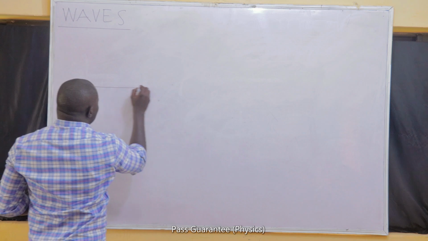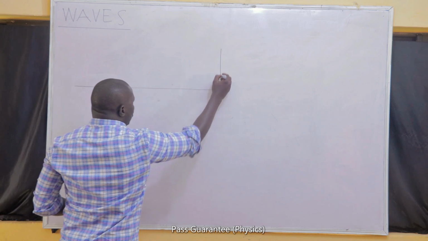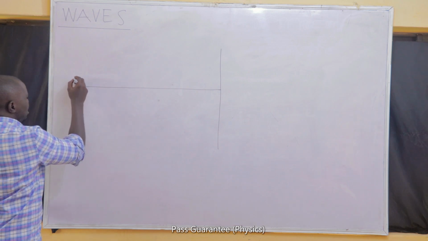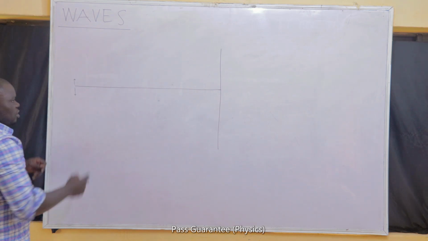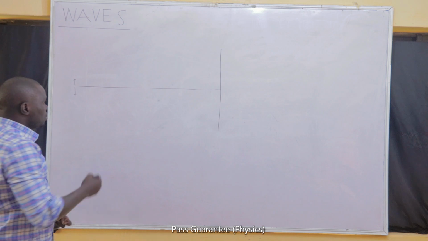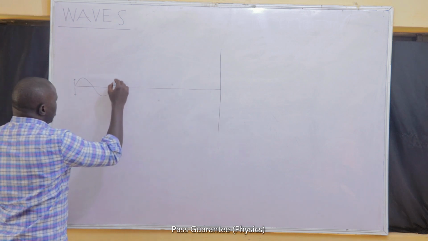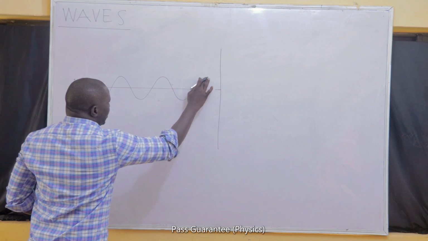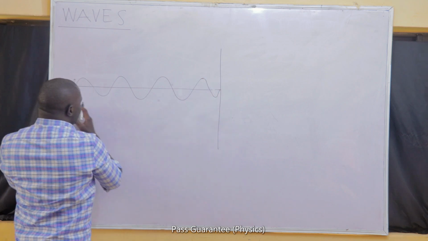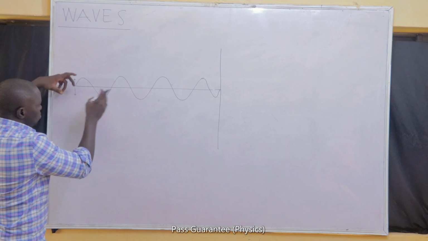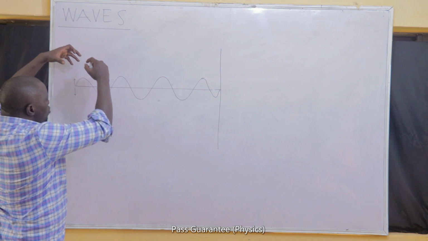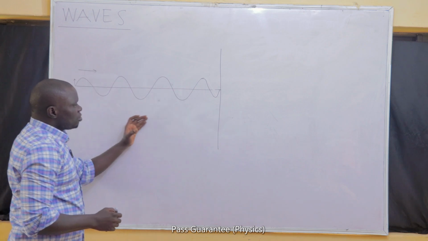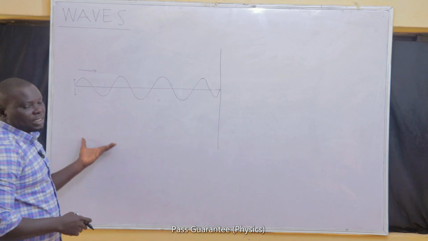If I decided to attach a rope to a wall, and I decide this time to agitate the rope in the vertical direction, a wave will be set up along the rope. What I'm representing here are the segments of the rope as the wave passes through them. Some parts of the wave will be displaced upward, while some will be displaced downward as the wave pattern passes through them. When this takes place, we'll say that this is a transverse wave.